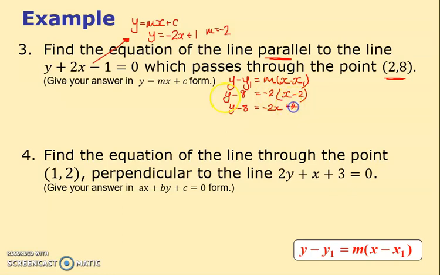How does it want me to write it? It wants it in the form y equals mx plus c. So y equals minus 2x. Move the 8 over, I reckon plus 12. Minus 2x plus 12. This time find the equation of the line through the point 1, 2, but is perpendicular